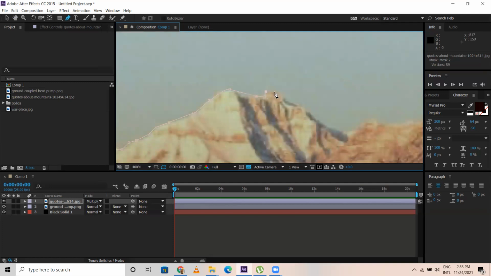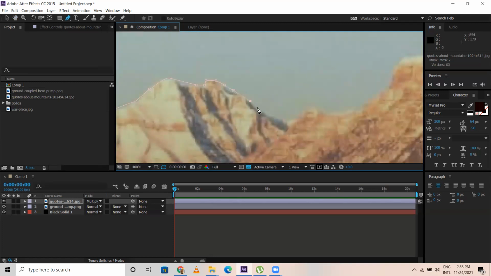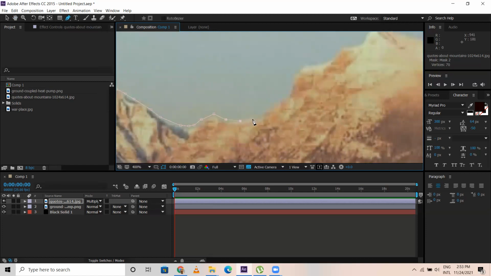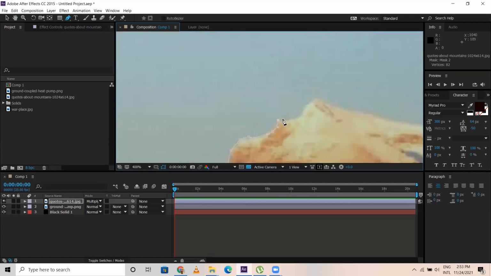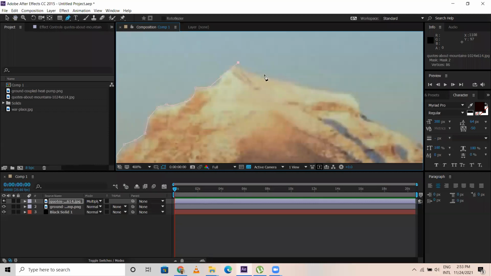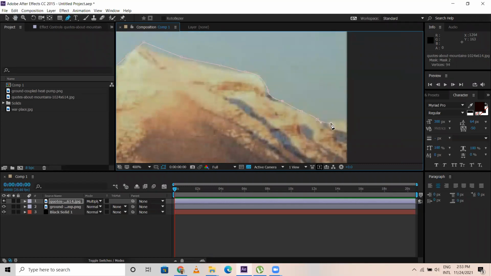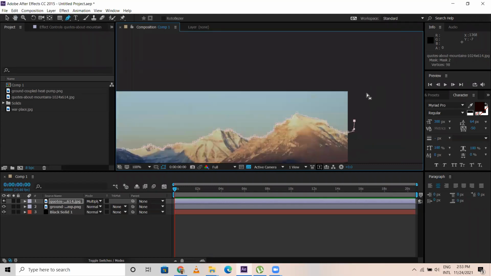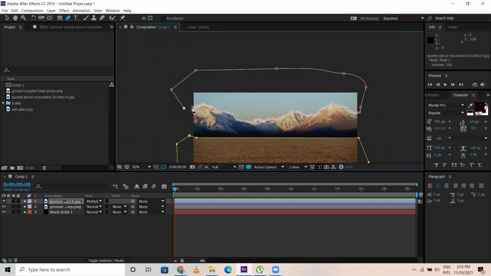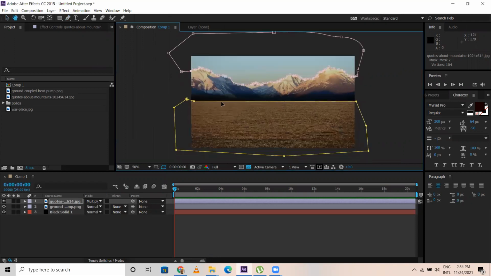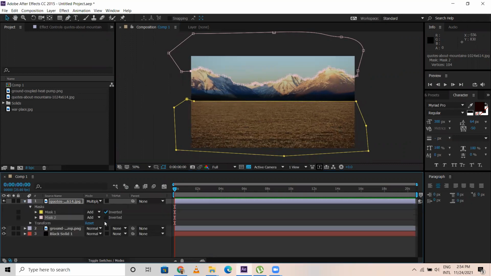So let me know at any point of time if you do not understand anything, I'll explain again. You can match this, at least some 70 to 80%, even that also works well. So it is mask 2.